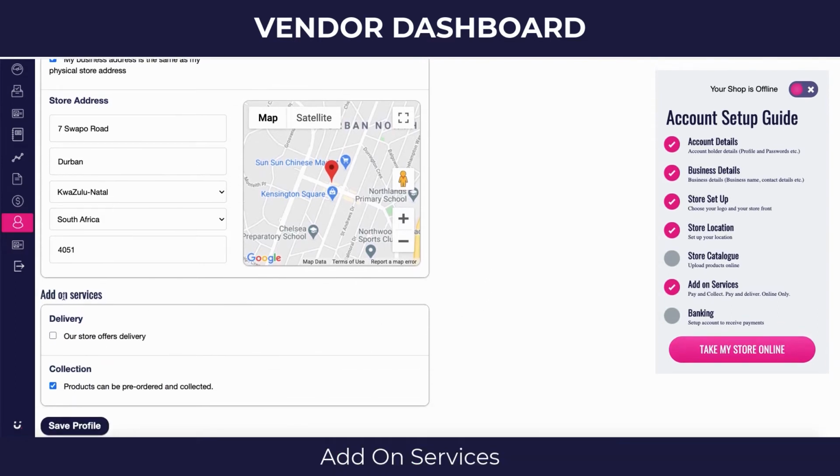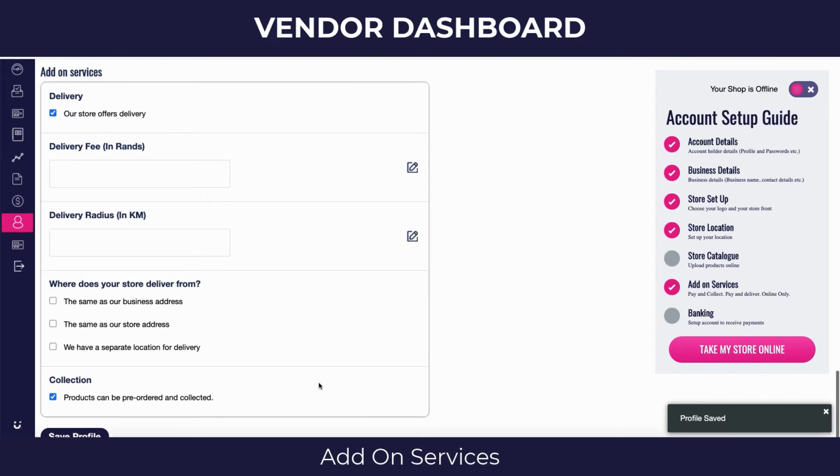The important part is the add-on services, and this is where you can either choose that people can come and collect from you, as in over here, they pre-order and they collect, or you can offer delivery. Now, if you offer delivery, you're obviously going to want to charge for that delivery. So if you are going to be charging, you need to write in rands how much you're charging for that delivery. Let's just say it's going to be 20 rand for the delivery, and you're only willing to have a radius of, let's say,